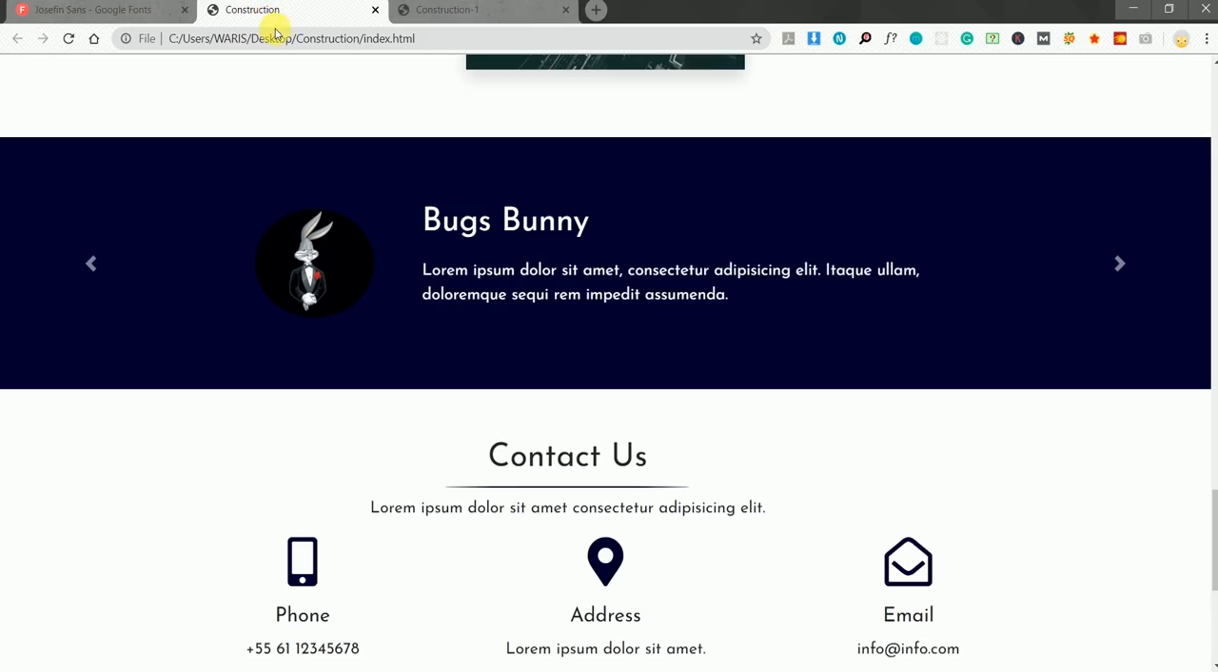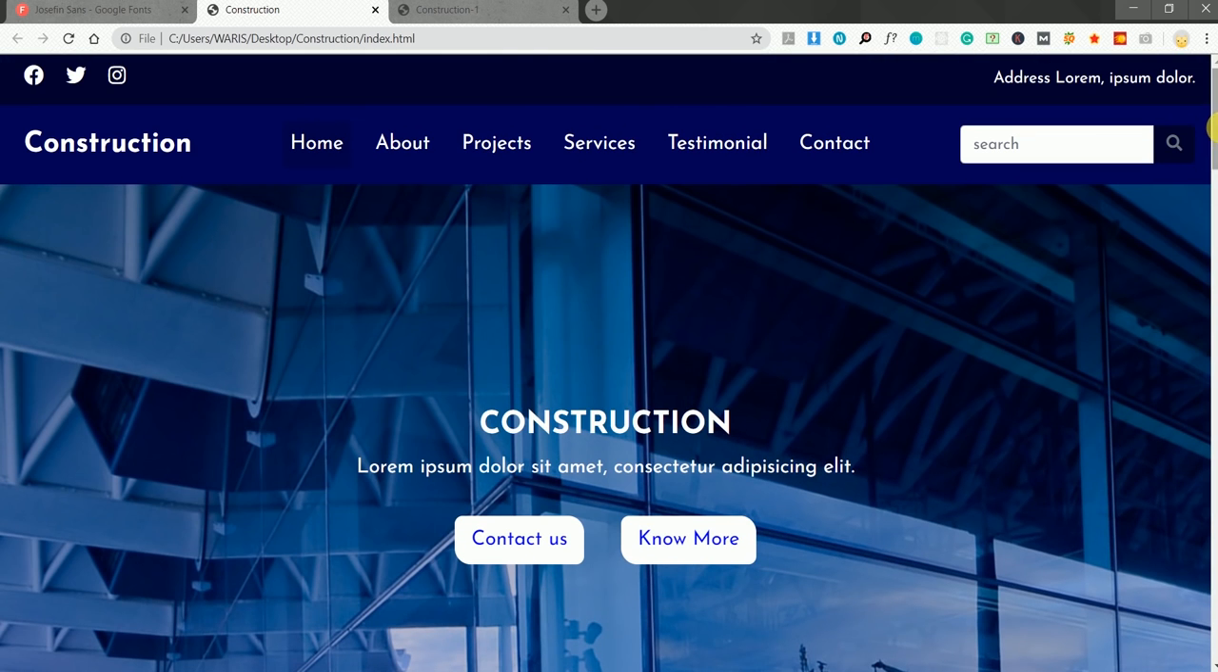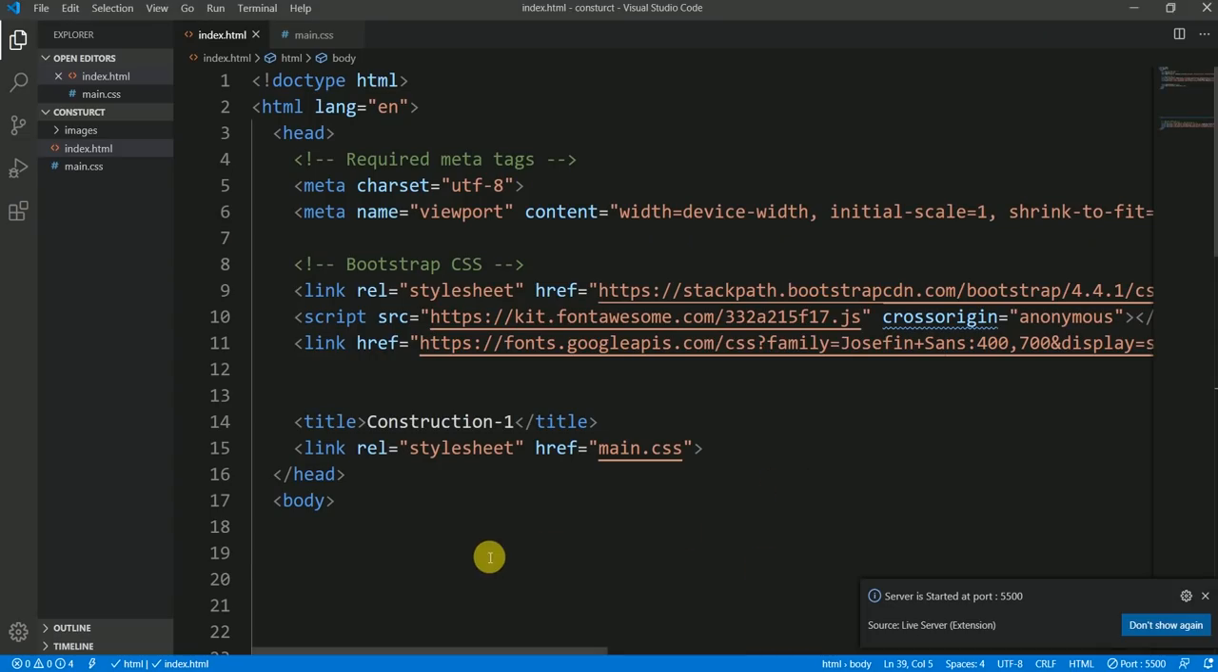Okay, so you guys can see that in the title it's construction-1, but the one I've already made is this one, construction. It's this one, construction, and this is construction-1. So we are going to work on this project. Okay, so let's get started. And here in construction-1,